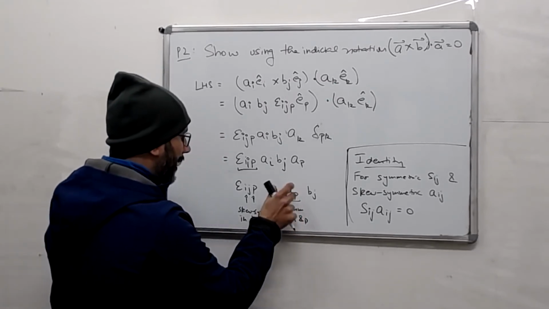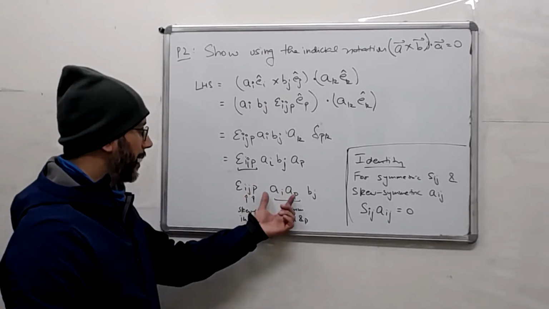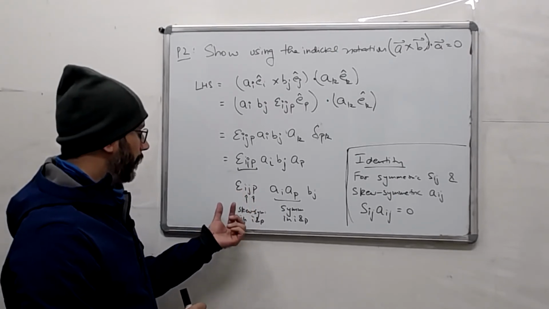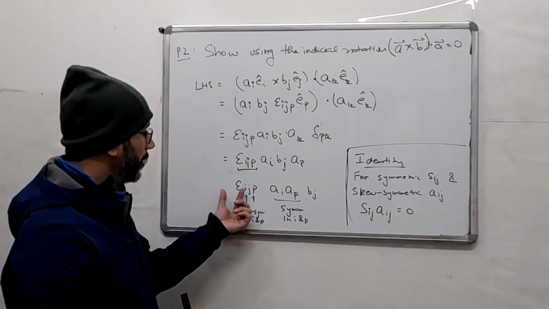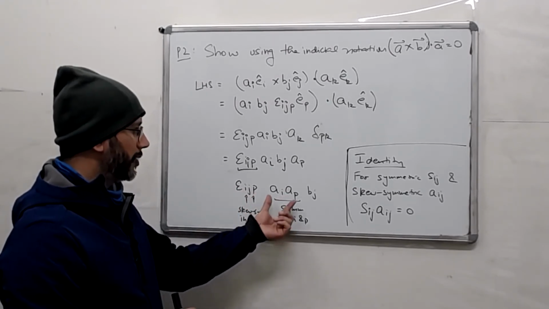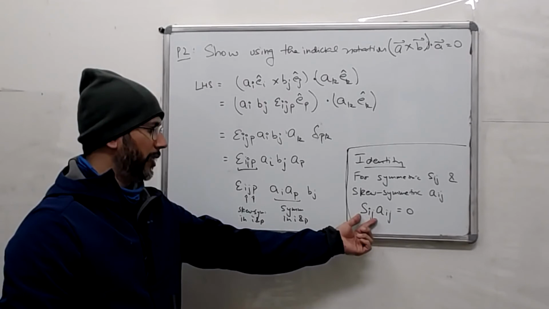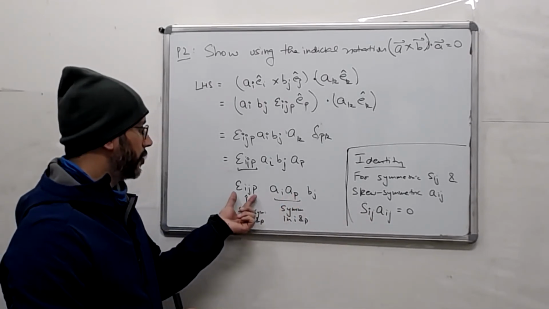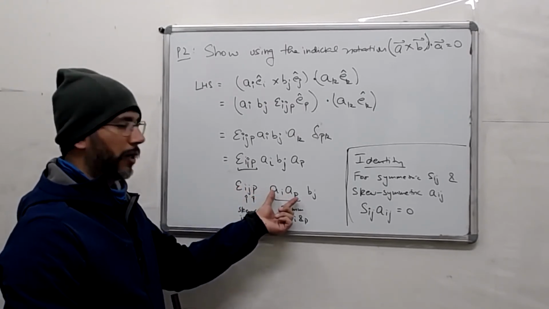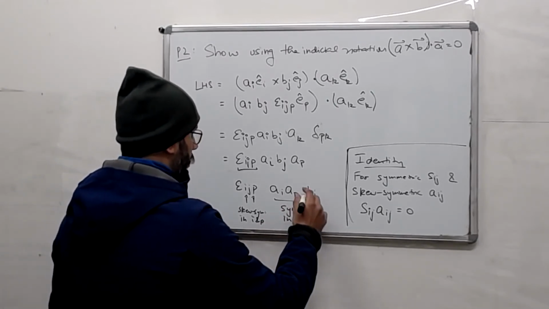So if you take ai ap as a dyad of two a's, consider that as one second order tensor, and consider epsilon as a second order tensor in i and p, then this becomes skew symmetric in i and p, and this becomes symmetric in i and p. So this symmetric ai ap is like Sij, and this skew symmetric epsilon ijp in i and p is like Aij. So this times this becomes 0. Okay, so this is equal to 0.